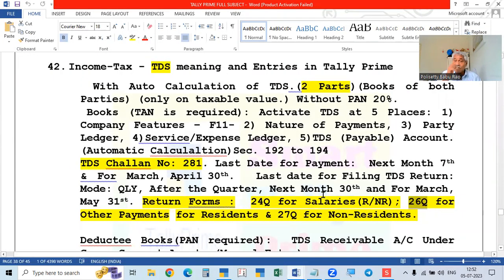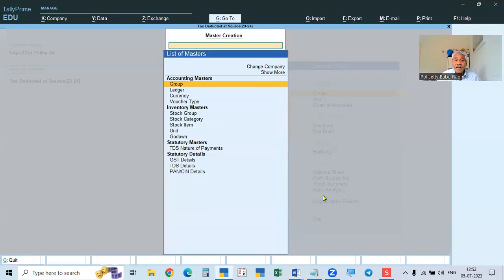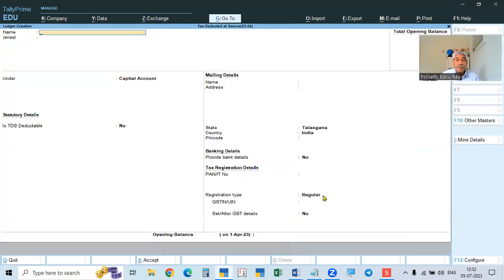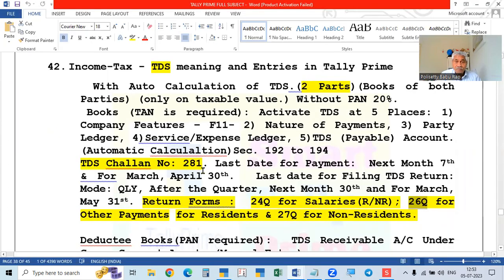And in the party ledger, we have to enable TDS also. We will create the party ledger. When we are creating the party ledger, because we enabled TDS, it will show Is TDS Applicable. That we will do. Party ledger, and then service ledger. Service or expense: the service which we purchased is an expense to us. Any service, accounting charges, recruitment services, manpower services, professional fees, all these are called expenses. That is the expenses ledger we will create.